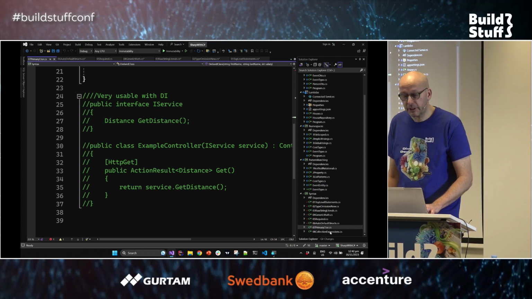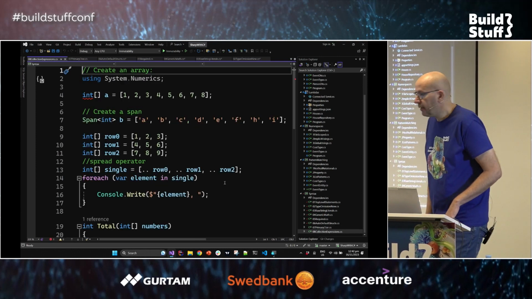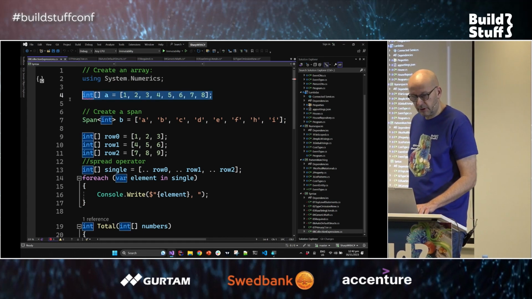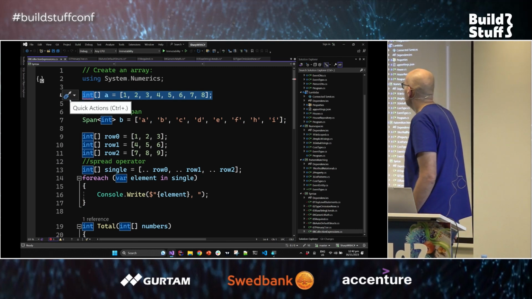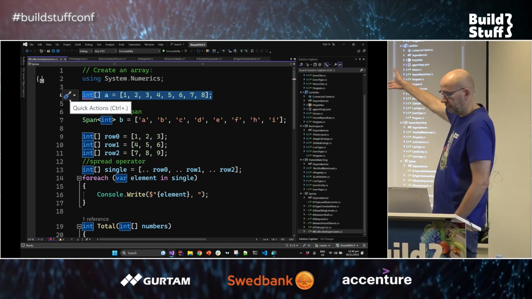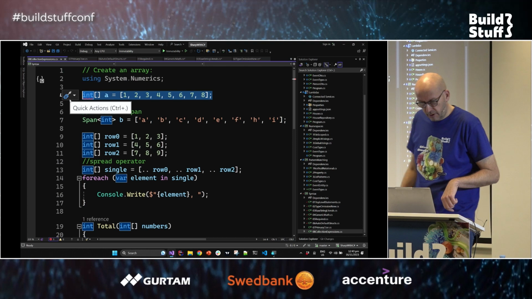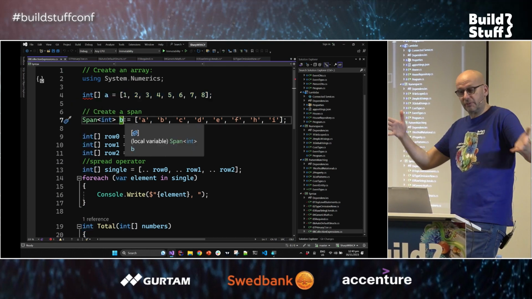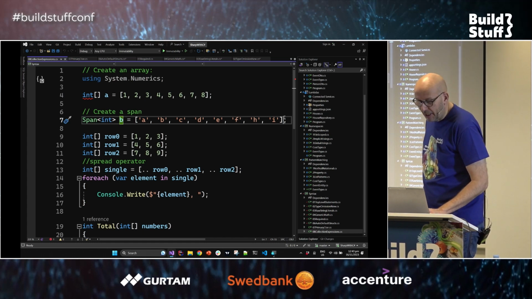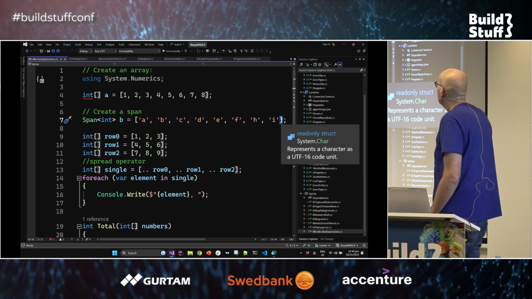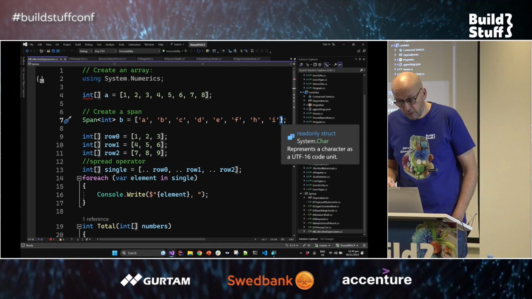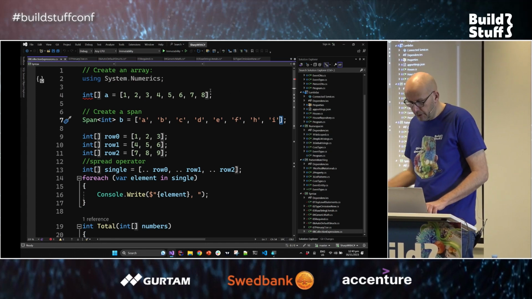Then we have collection expressions. So in C# we can now do something like this, and it looks very natural, especially when you use JavaScript, right? But we can actually now use the block, how do you call them? What's the name for that? Okay, you know what I mean, right? These things, just brackets, to initialize the array. And this can also be used in combination with the omission of new,